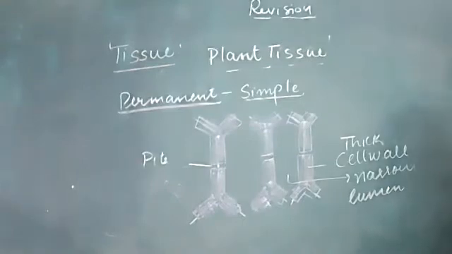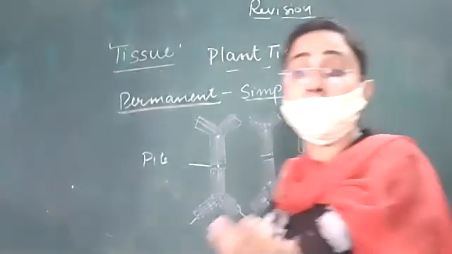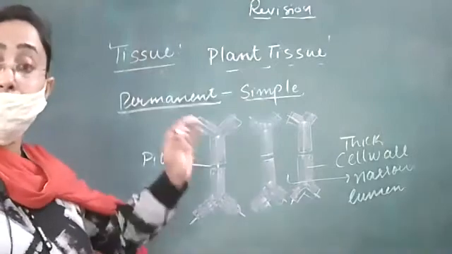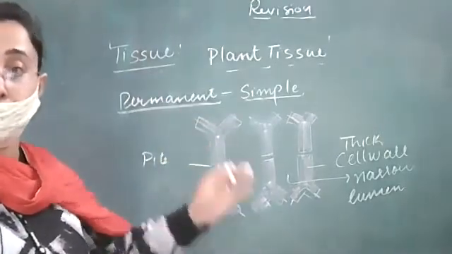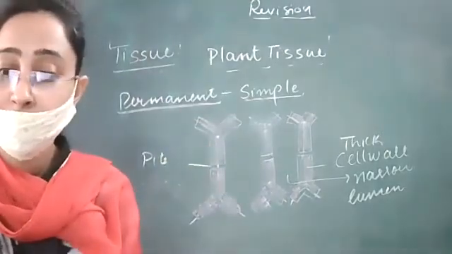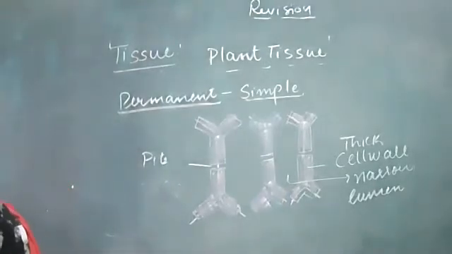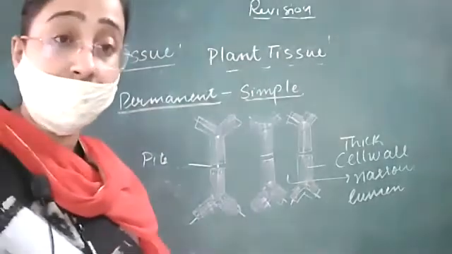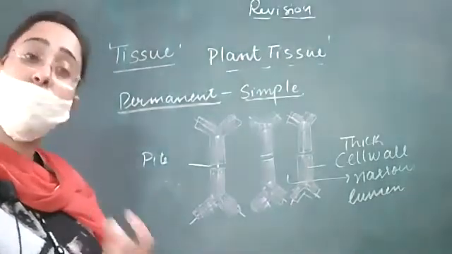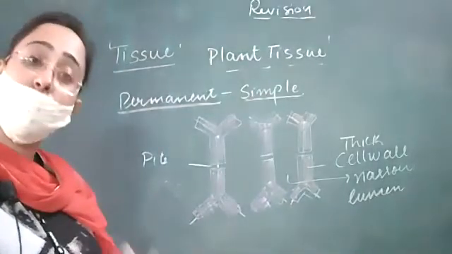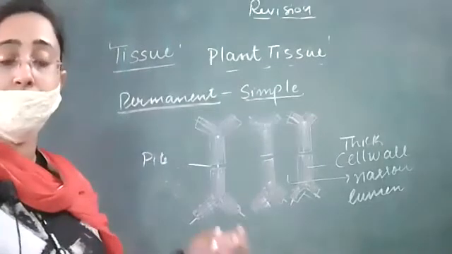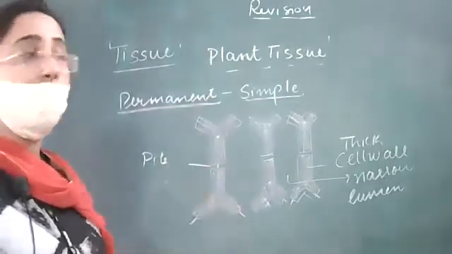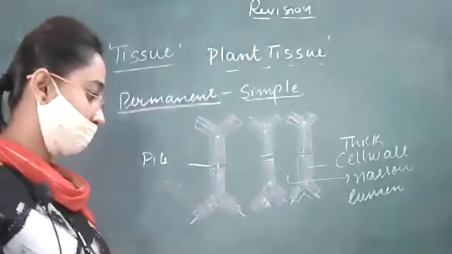Okay, what does sclerenchyma provide? Sclerenchyma is to provide support to the plant. And it is the only dead tissue among the simple permanent tissues. Okay, so it provides protection to the delicate parts. It provides support to the plant as it is lignified and it is dead. So taking over now complex permanent tissue.